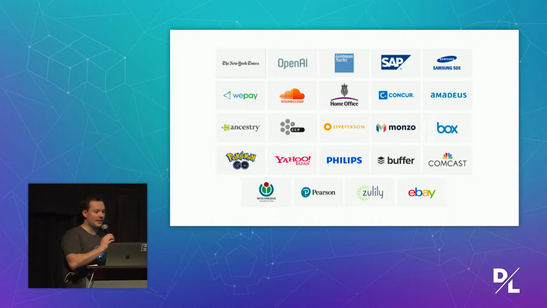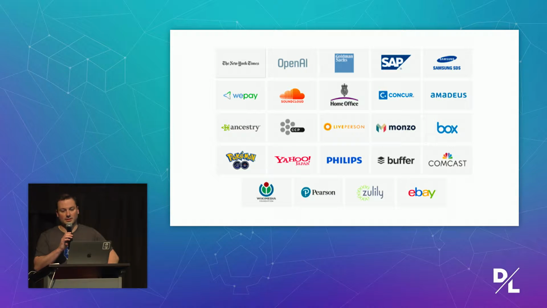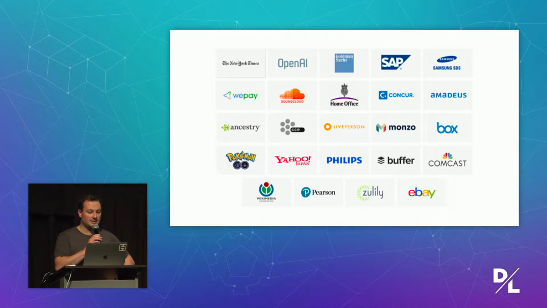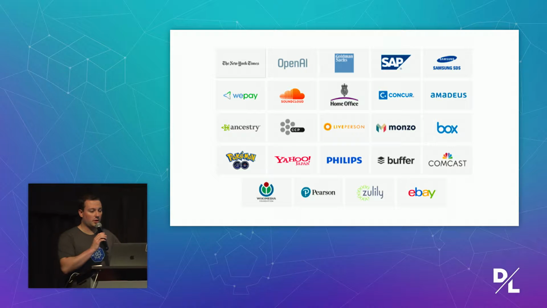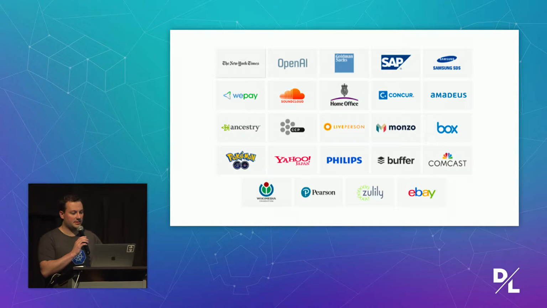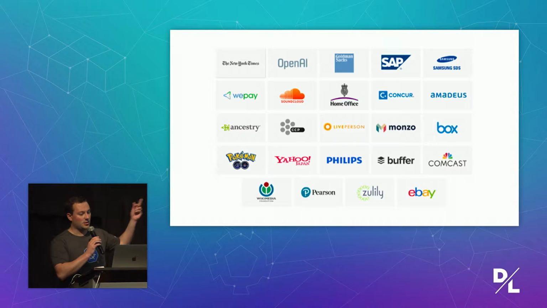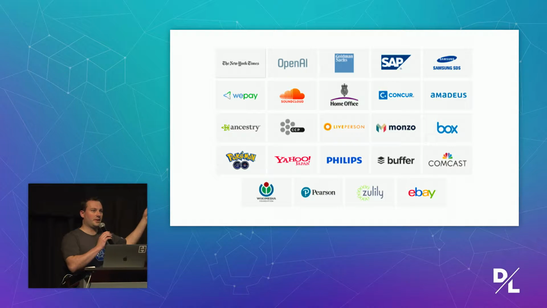So without a doubt, containers really are having a massive impact in terms of the mindshare and technological innovation in businesses. We're seeing companies from not just Valley startups, but Fortune 100, Fortune 500 businesses leveraging containers in their production environments. As a small sample, these logos are all from the Cloud Native Computing Foundation of companies that are running Kubernetes in production, which is pretty remarkable because Kubernetes is only celebrating its 3rd birthday in just a few weeks, and it's only been in production for about 2 years.